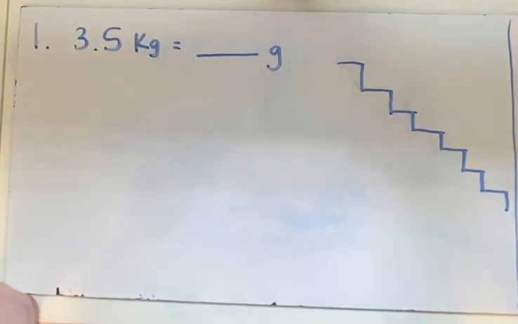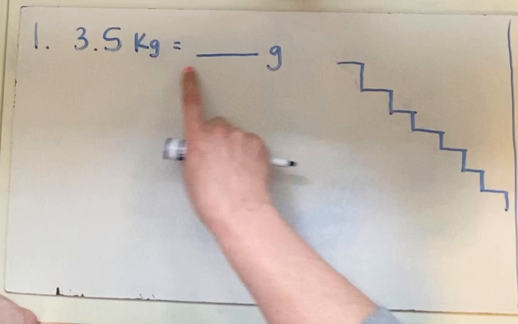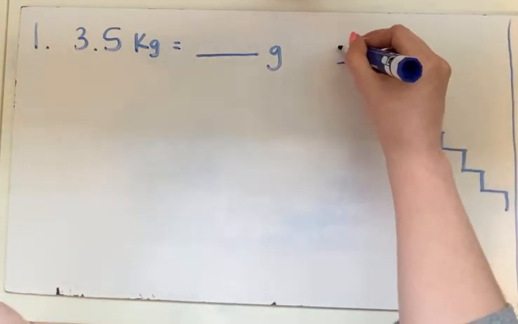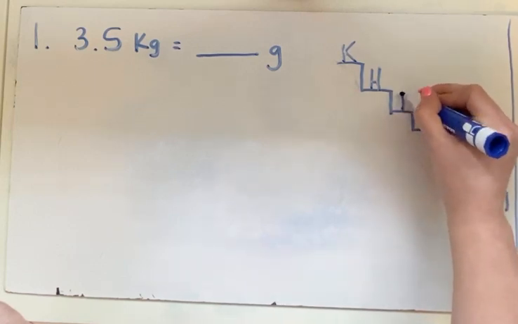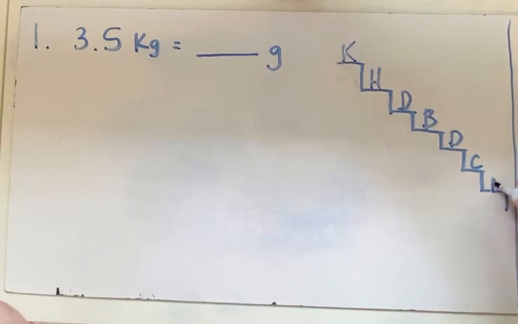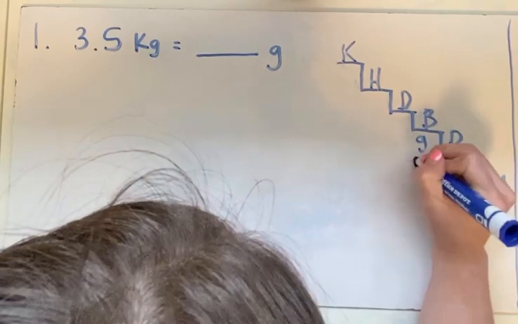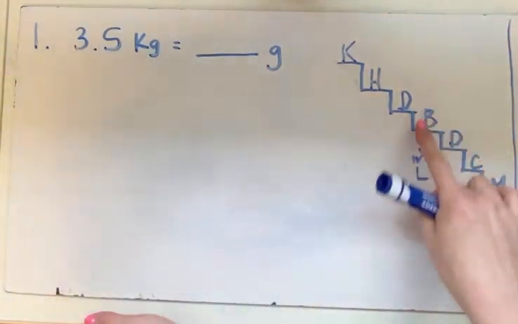of 3.5 kilograms. Okay, so you could start with the metric staircase because we need to know how many grams are in a kilogram. And if you didn't know that, I want you to use the metric staircase in order to figure that out. So the metric staircase has all of the metric prefixes: kilo, hecta, deca, base, deci, centi, milli. And our base units are grams, meters, and liters, and they live right there in the base of our